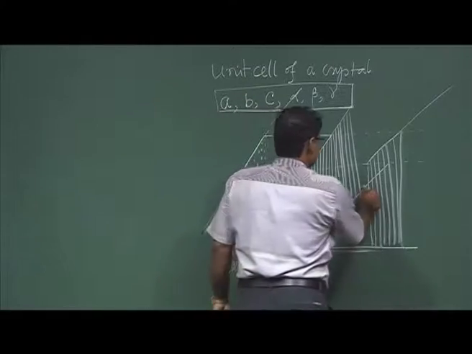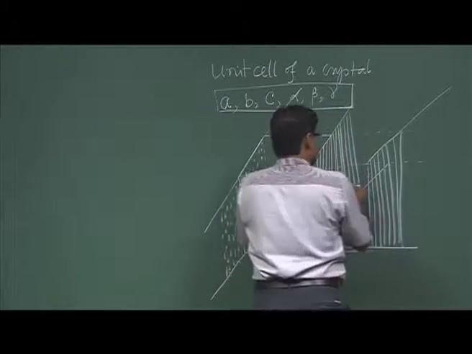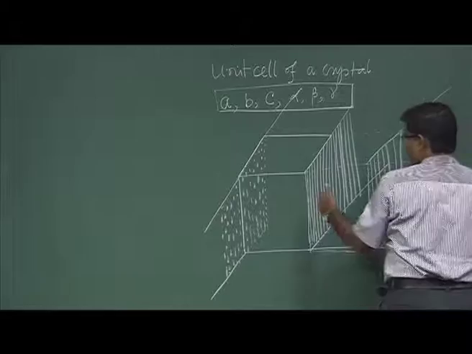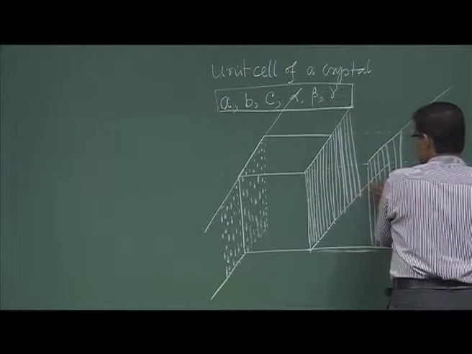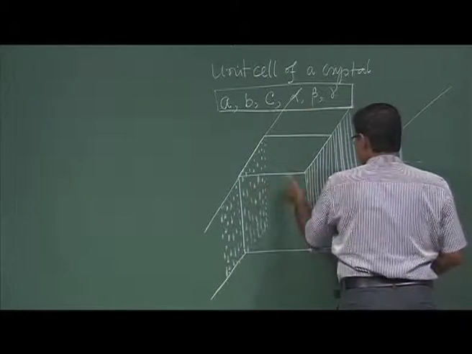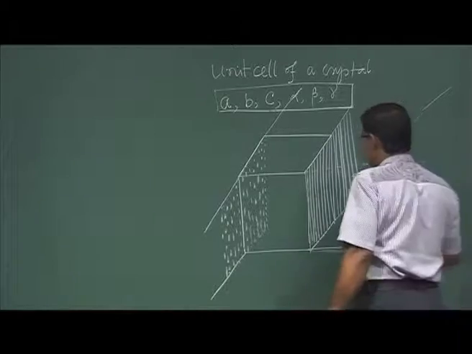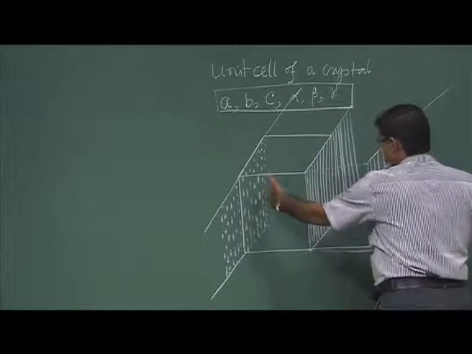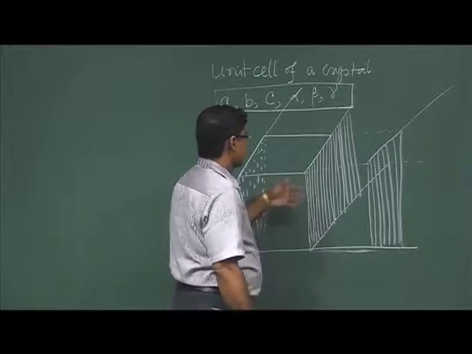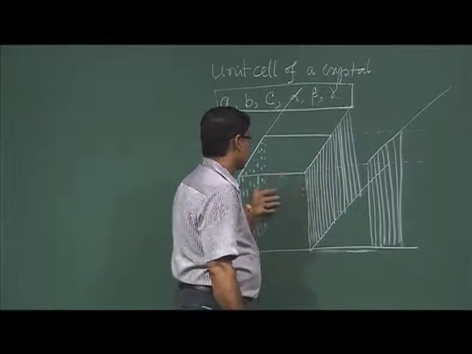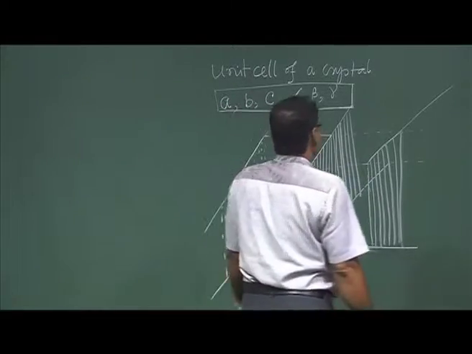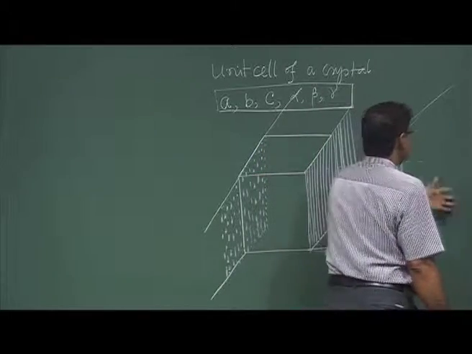So, these planes are parallel planes, and I can continue, if I draw the unit cell and from the opposite face, if I draw the planes, okay. So, all of them are parallel. So, these are crystal planes. Here, whatever planes I have drawn, I am showing. So, these planes are basically a set of parallel planes,